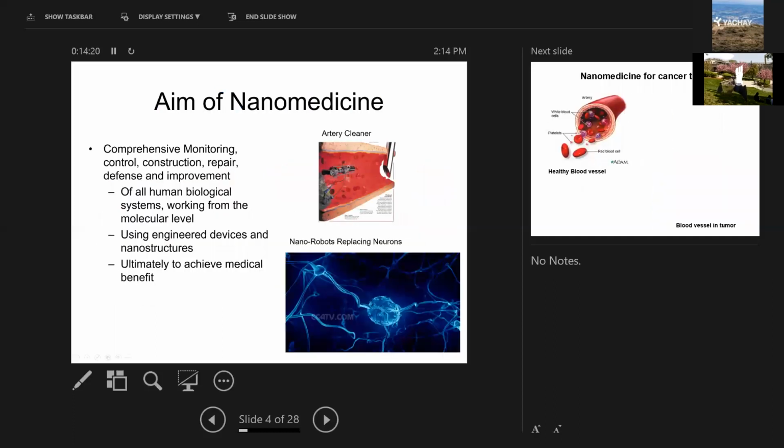A little bit of background about nanomedicine. This is the field of nanomedicine, mainly used for, for example, monitoring, control, construction, and repair of the human body, to improve the function of our body. Even though this is some kind of sci-fi level of ideas, for example, if you can generate a nano machine that can get into the blood vessel, for people who have lipid deposition on the blood vessel, those nano machines can remove the plaque and clean the blood vessel so that the patient will have lower cardiovascular disease